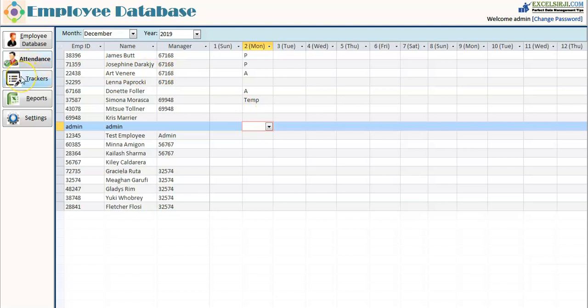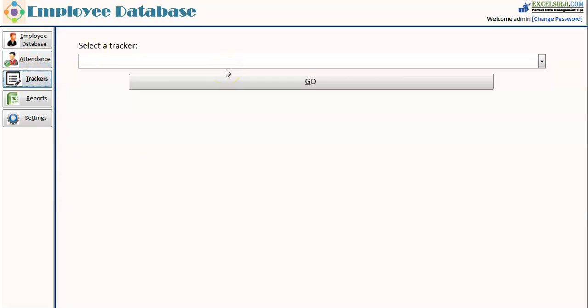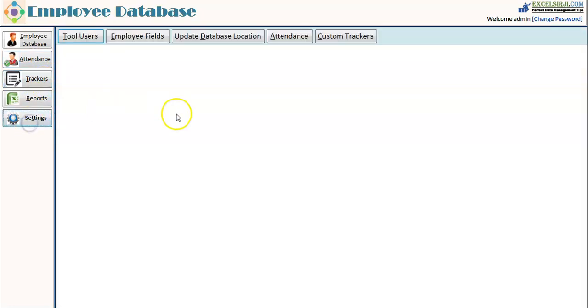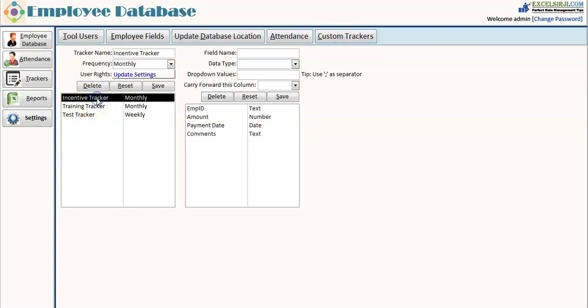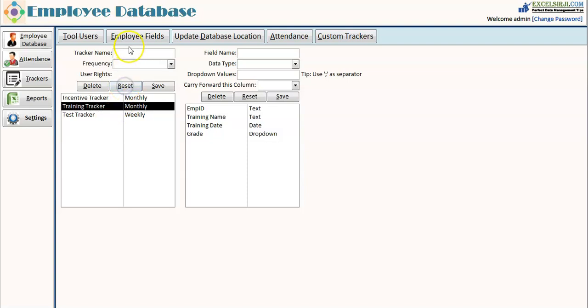And the next is the trackers. Now the tool comes with two default trackers, which are employee database and attendance, but you are also allowed to create your own trackers as per your need. For that we go first to settings and then to the custom tracker where we design it. There are a few dummy trackers which we have already created. You can see this is an incentive tracker, which is monthly, which we have defined, and these are the different fields which we want to track. Same way we have more, and if I want to create a new tracker,